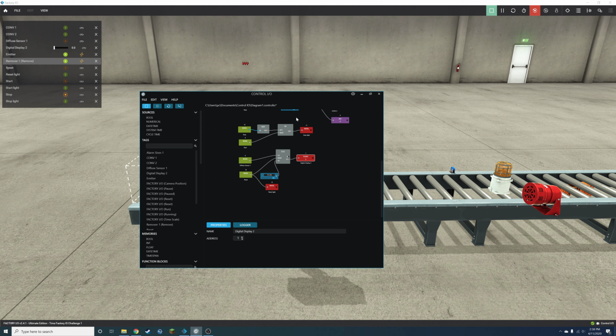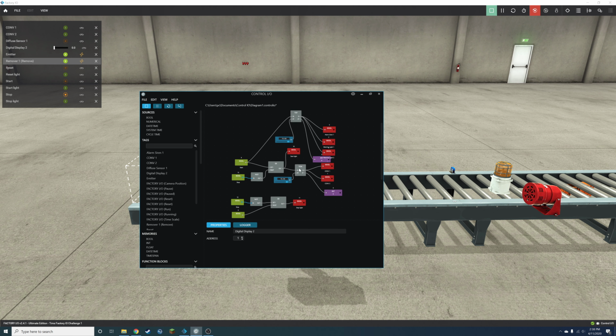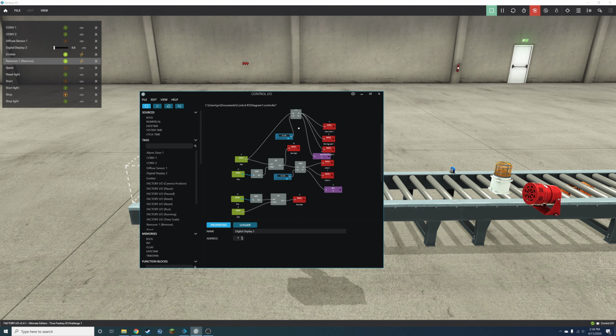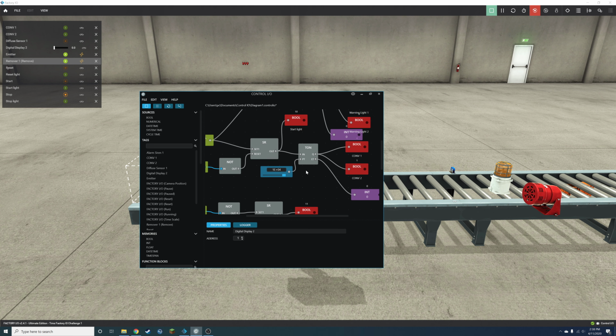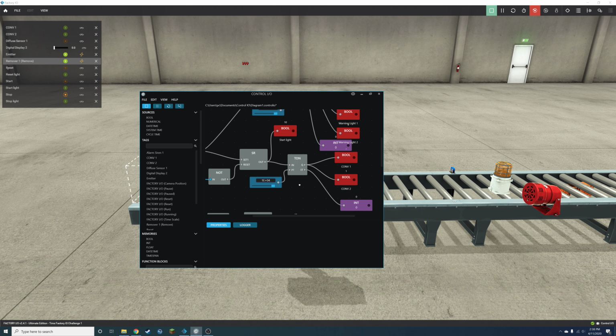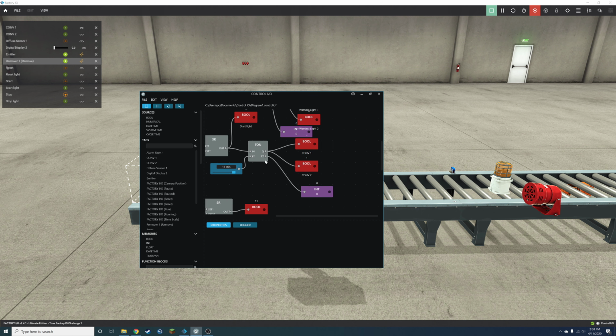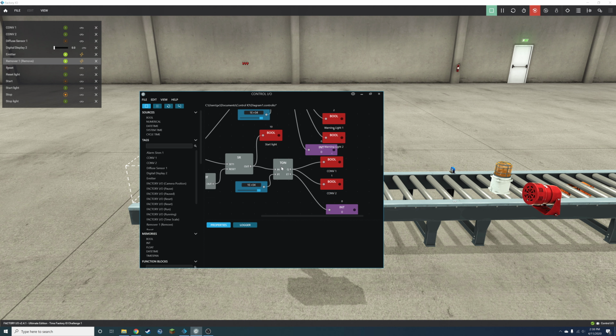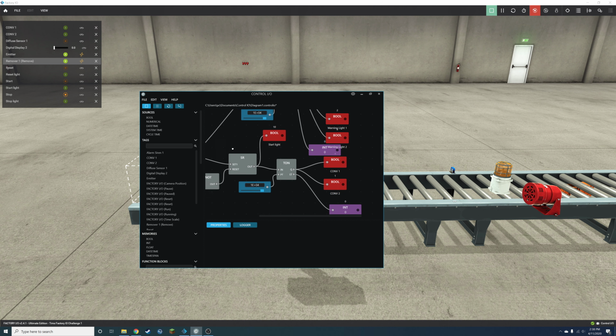And then I actually have some timers in mind. So the way the timers work is that these are in milliseconds, so you can go to 10 seconds. And it's pretty simple. This is the elapsed time. This is a timer on delay, so when this turns on, 10 seconds later, my conveyor is going to turn